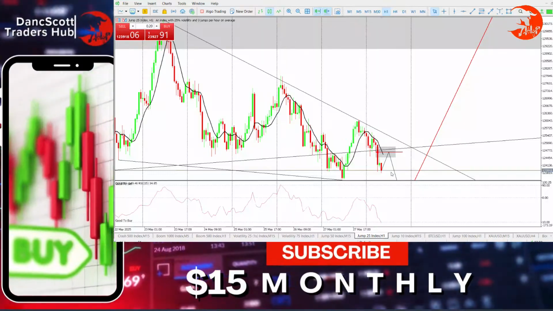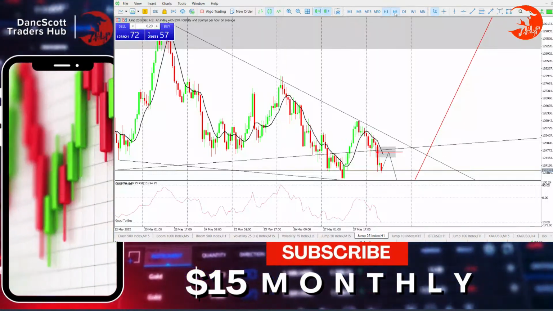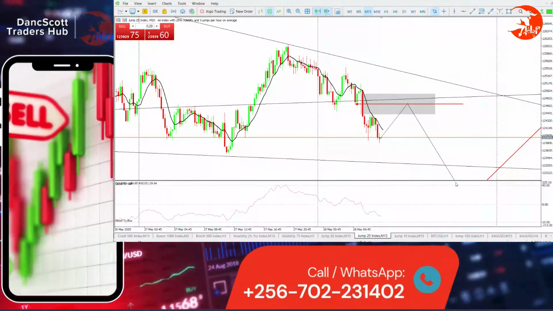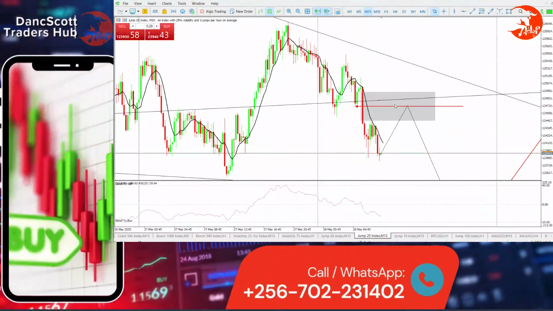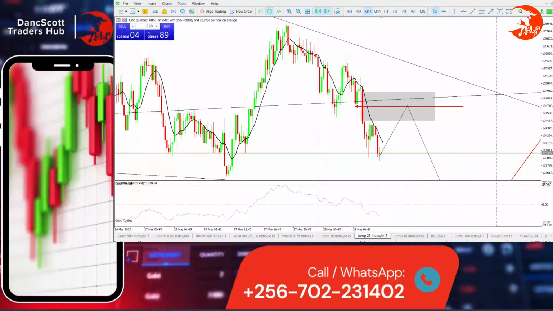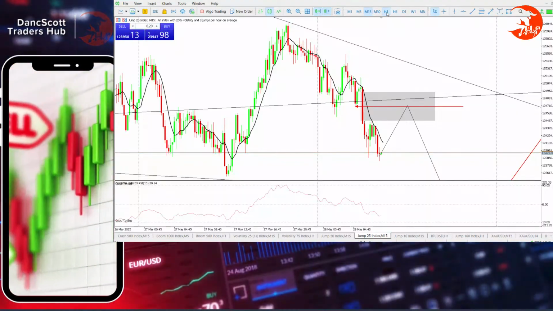on the higher time frames. That's what we need. We need buys to take us up. So for now, let's wait for price to get us right down below here. If it reacts here and gives me an entry, I'll be entering sells to take me all the way down below.